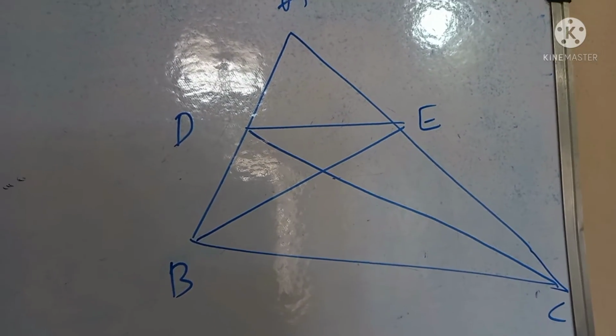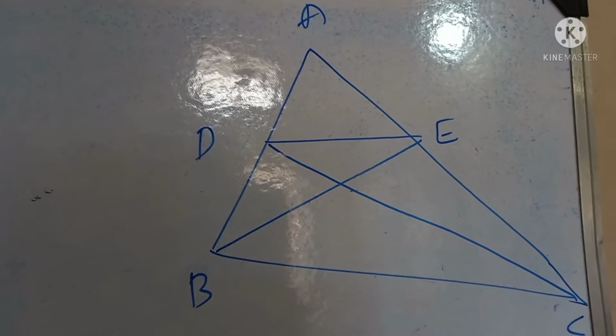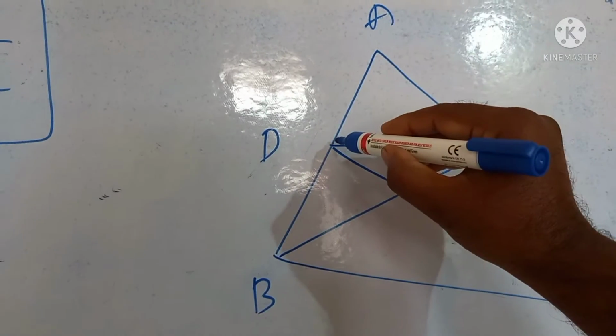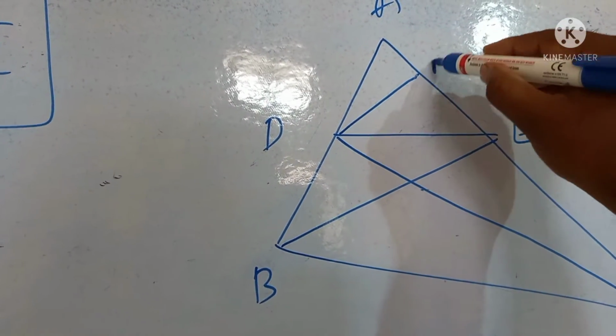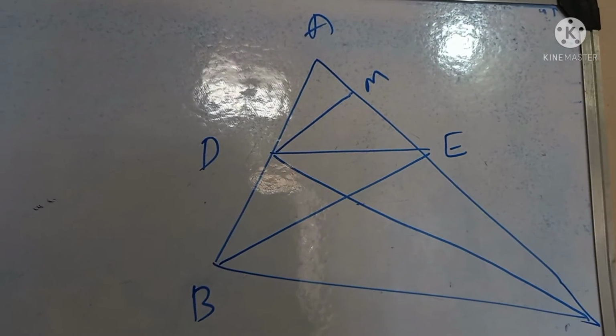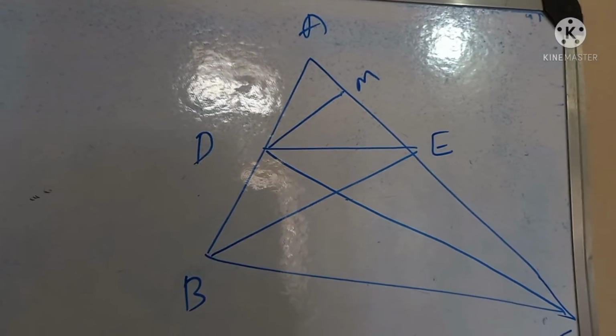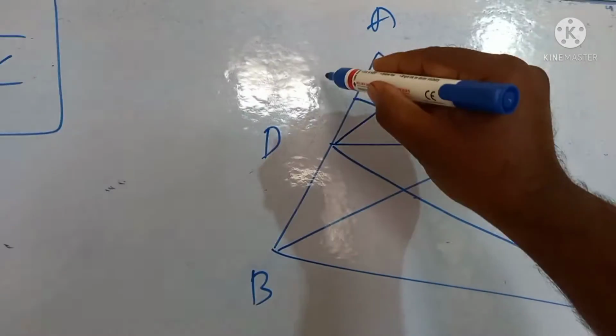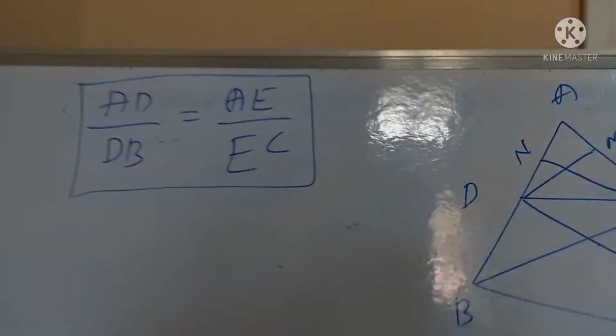After that, draw DM perpendicular to AC. Here AC is there, DM perpendicular to AC, and then EN perpendicular to AB. Okay. Now